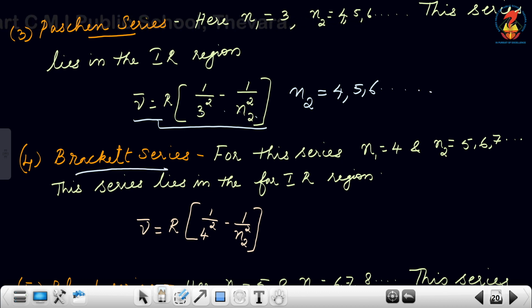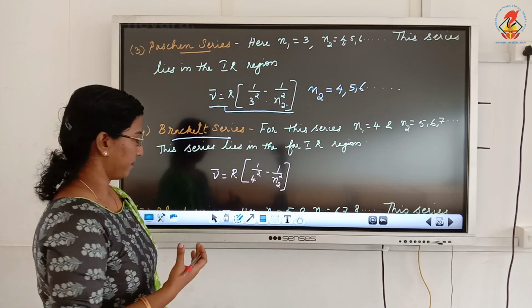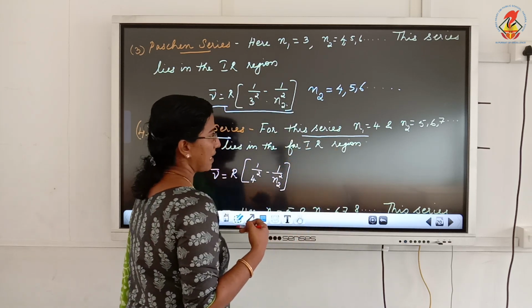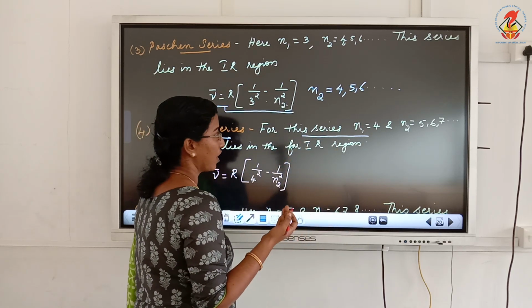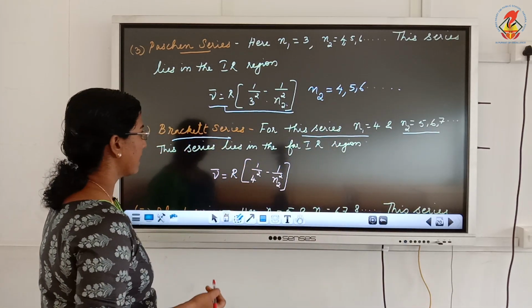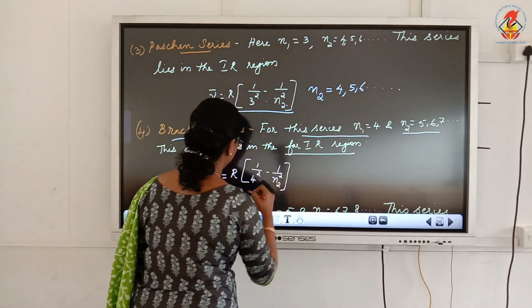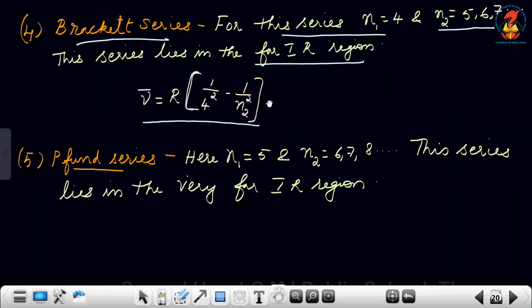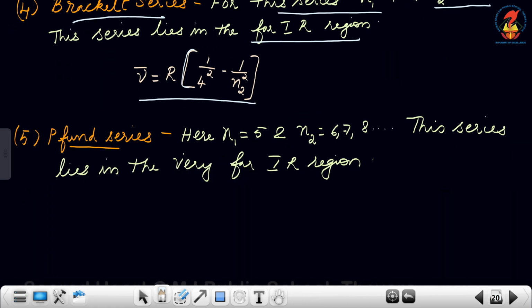Next we have the Brackett series. All these are named after the persons who found them. In this series, n1 is equal to 4, which means excited electrons in the higher levels will jump to the fourth state, and n2 will be 5, 6, 7, etc. This series lies in the far infrared region. So nu bar is equal to R into 1 by 4 square minus 1 by n2 square. And finally we have the Pfund series, in which n1 is 5 and n2 is 6, 7, 8, and this series lies in the very far infrared region. So using these equations,